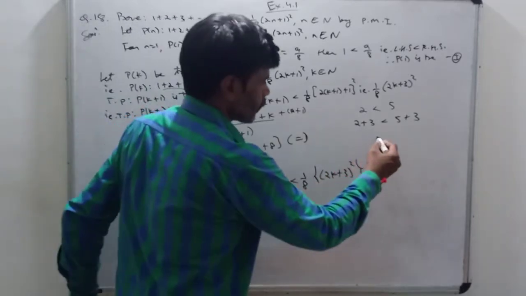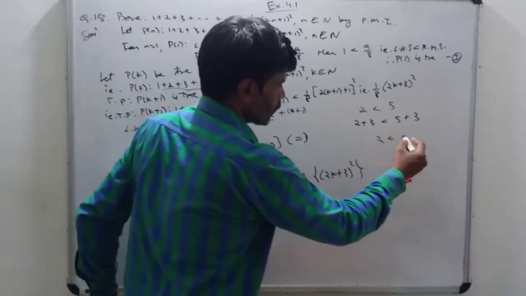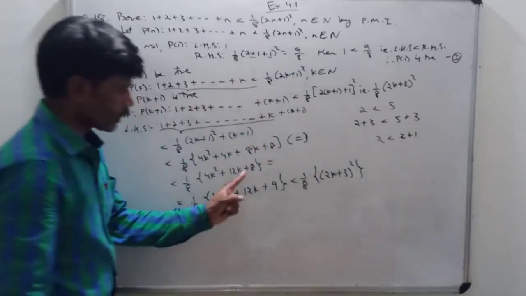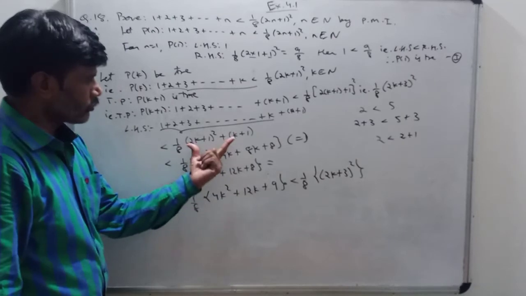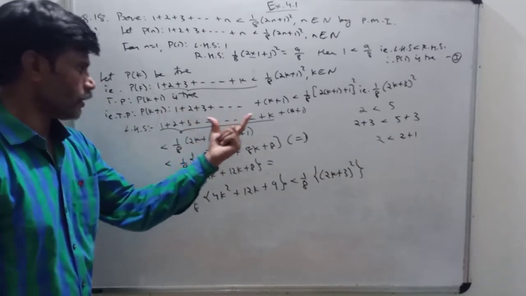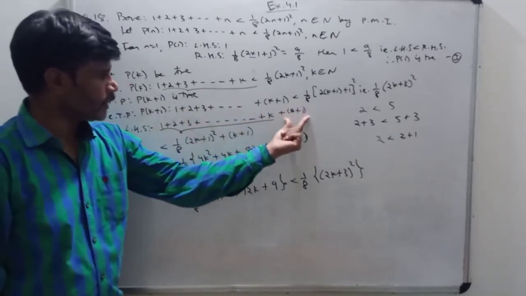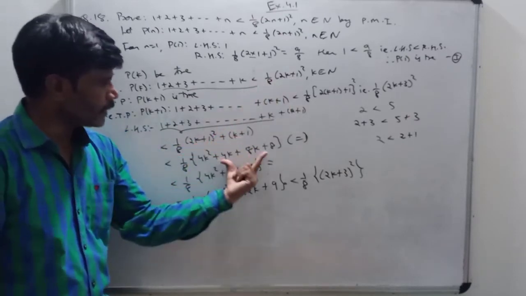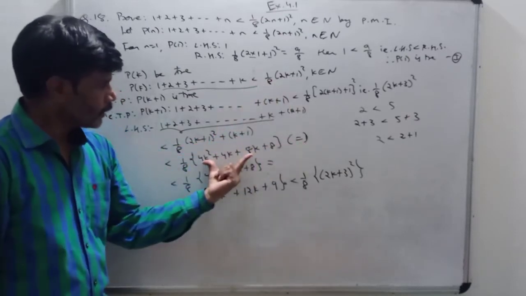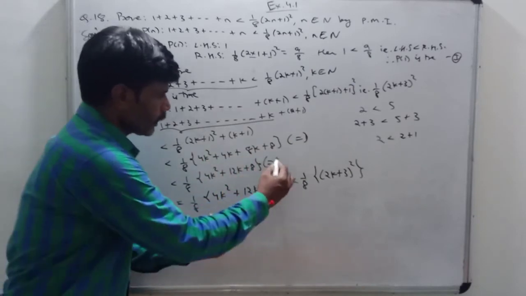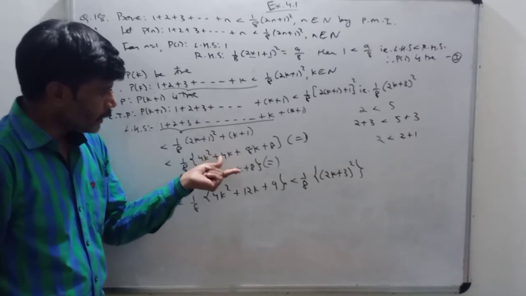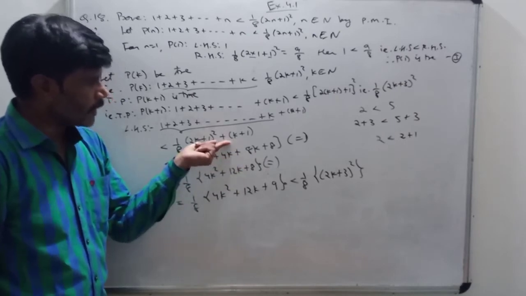One more time I am saying, see, 2 is less than 2 plus 1. That concept I have used here. Okay, so again one more time, you see, it is a confusing part. This plus this will be less than this plus this according to this concept, and this is equal to this. I have written equals to. This is equal to this, again I have written here. Now these two are same, but this value is less than this value.